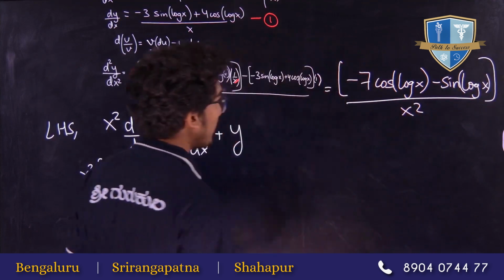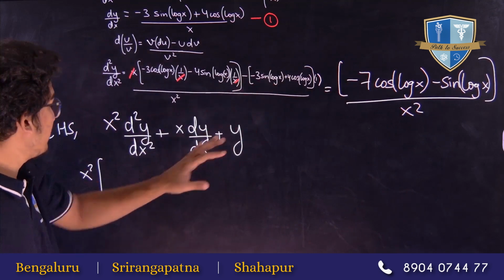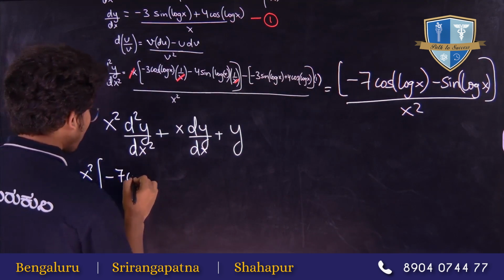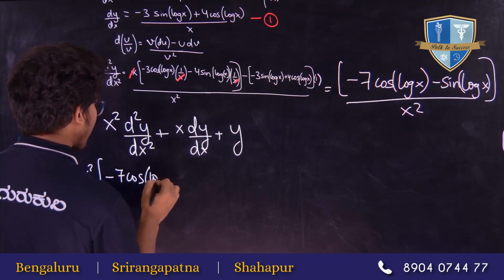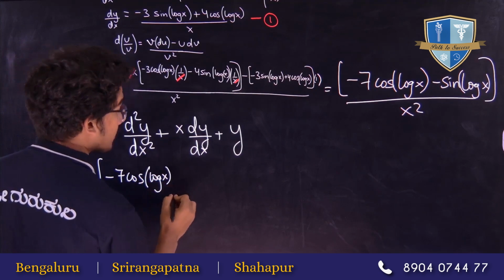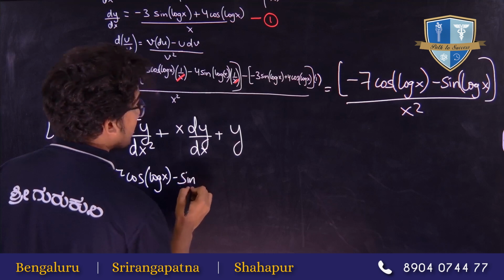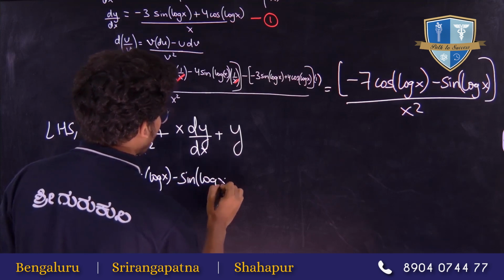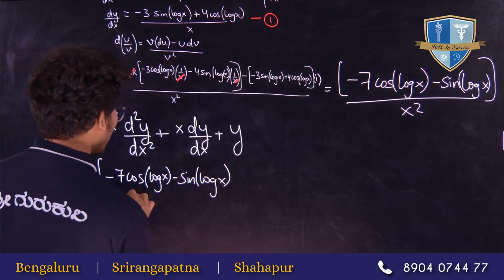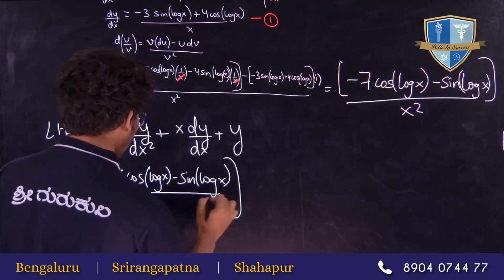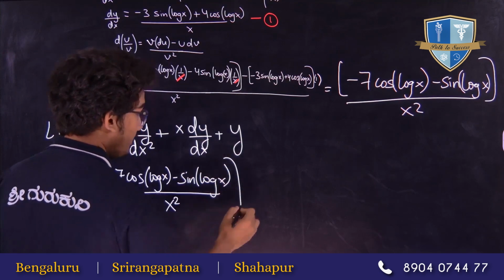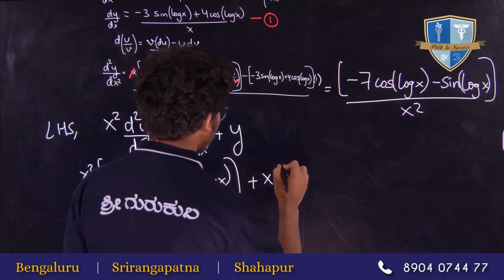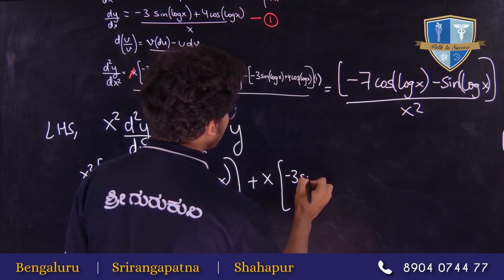So this is our d2y by dx square, correct? So we'll put that here as it is: minus 7 cos of log x minus sin of log x,